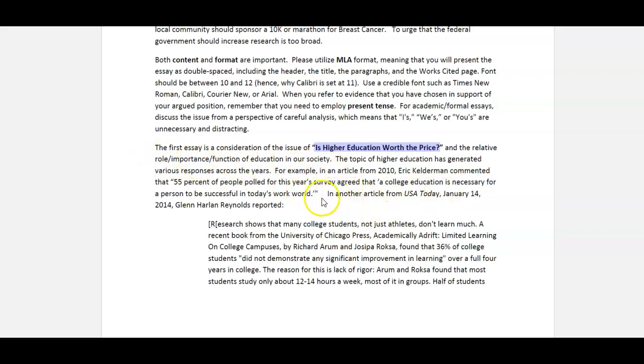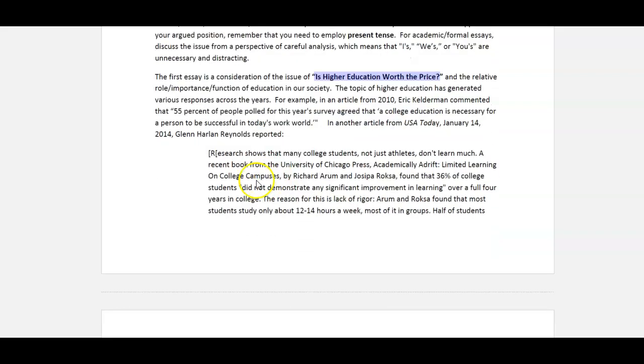I gave you a couple of comments. For instance, now almost 13 years ago, Eric Kelderman made a comment that 55% of people polled in 2010 agree that a college education is necessary for a person to be successful. In 2014, 4 years after Kelderman,